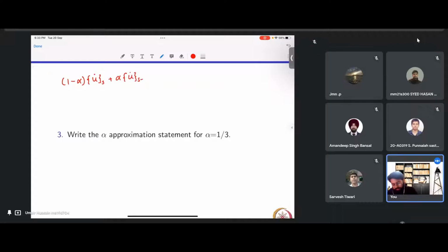I hope I'm writing the statement correctly. I don't remember very well. If I'm doing anything wrong, please stop me and correct me. And this whole thing is equal to